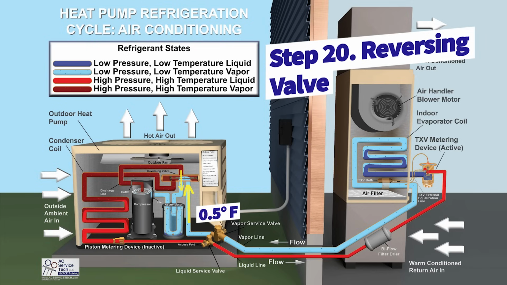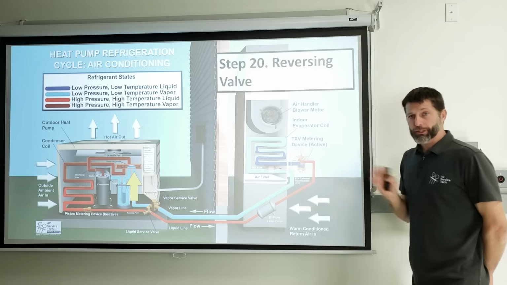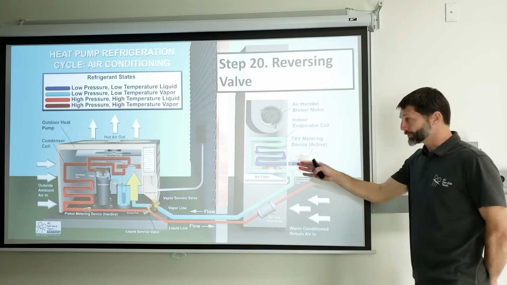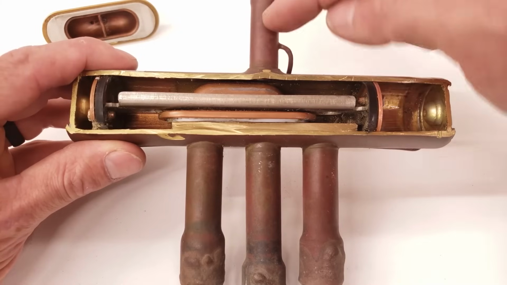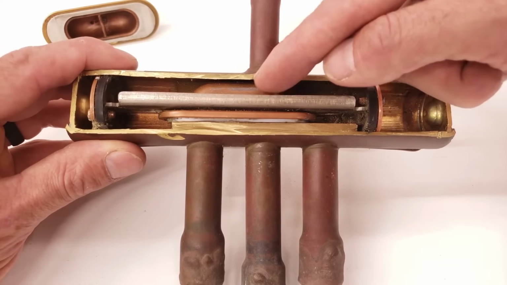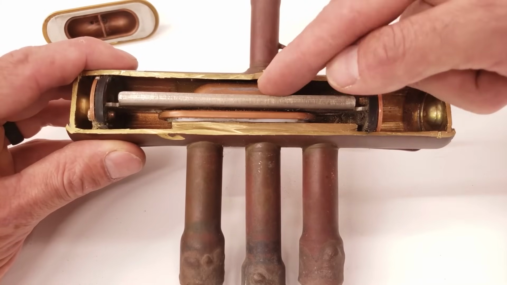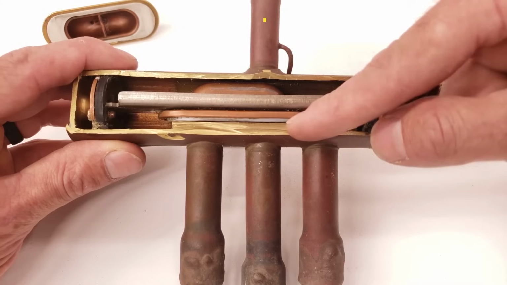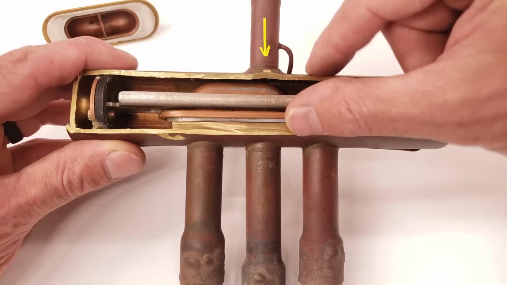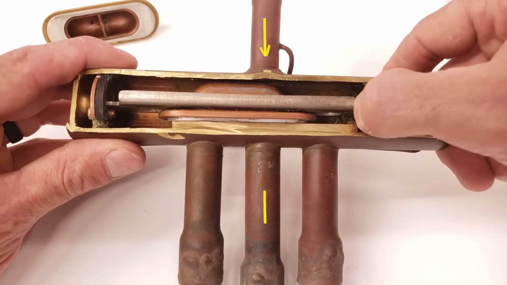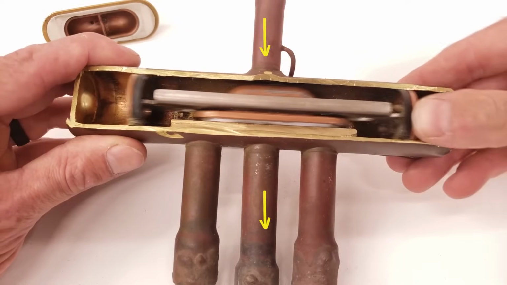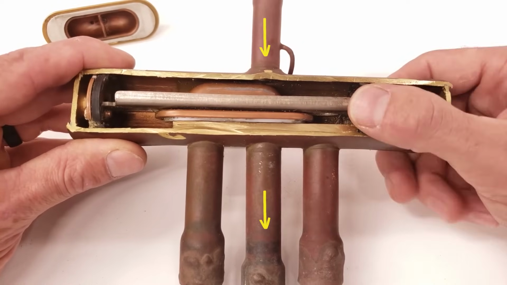It may be 0.5 degrees off from each other. The other thing to think about is anytime that you have your reversing valve, you can have a single tube on one side and 3 tubes on the other side. The single tube is always a discharge from the compressor. The center tube on the other side, where there's 3 tubes, that's always the suction line going to the accumulator